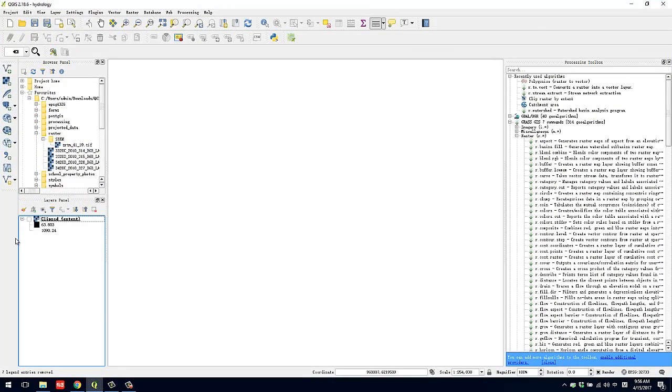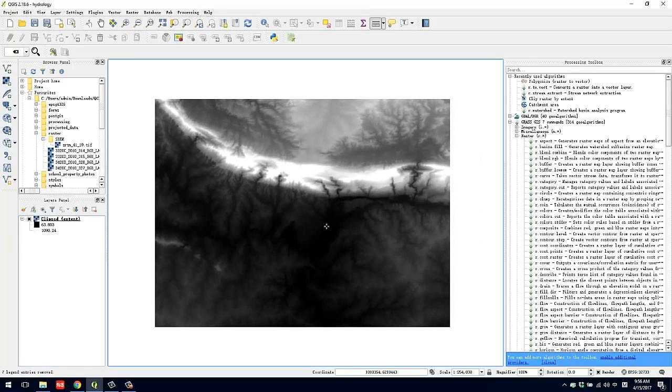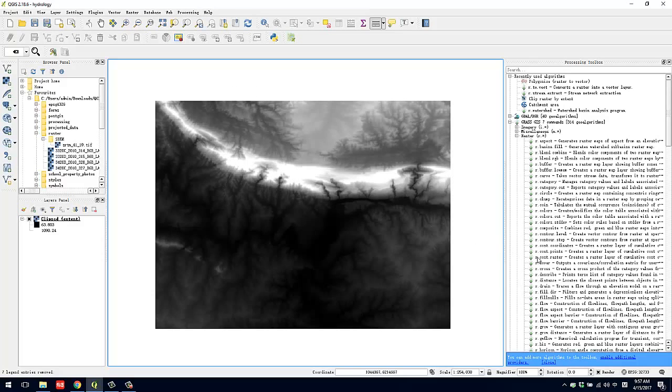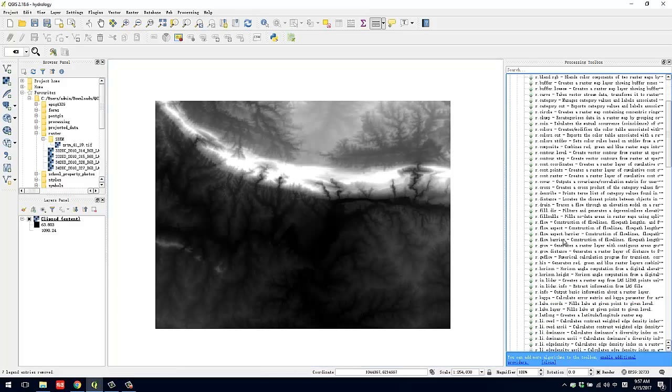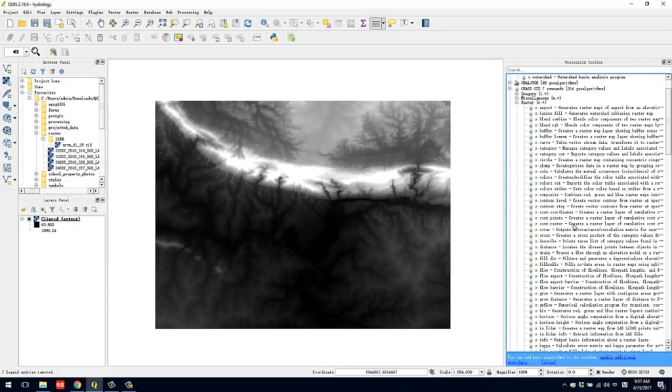Today I'm gonna talk about QGIS, and it's really a great software and it's free. It has a bunch of great functionality, and most importantly, it's fast. Right now you see here I have a DEM, the elevation, and in QGIS there's a really cool tool